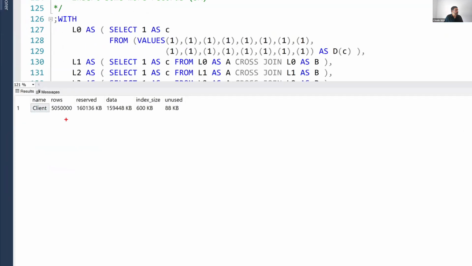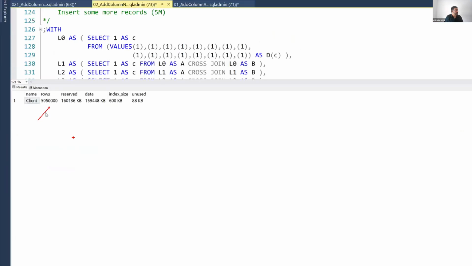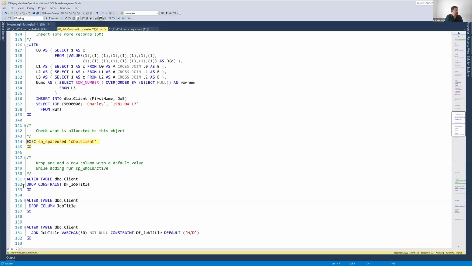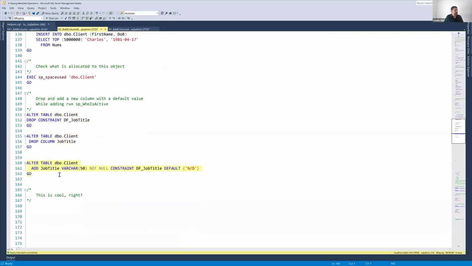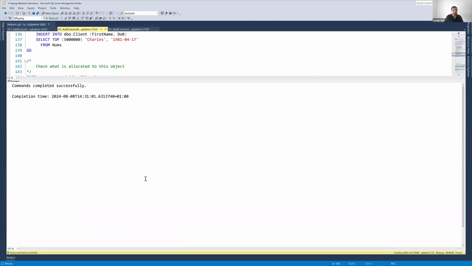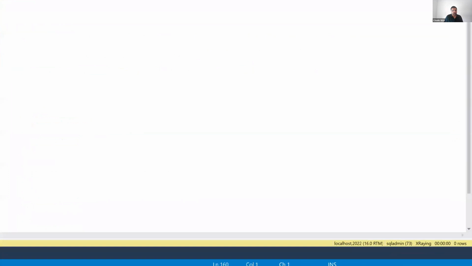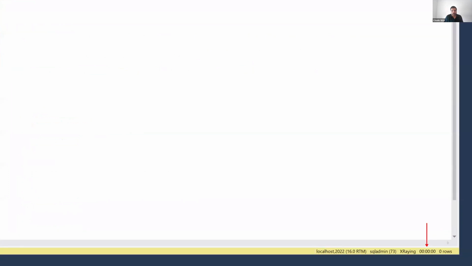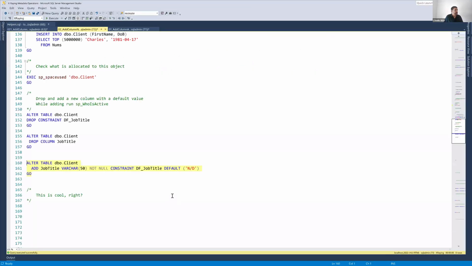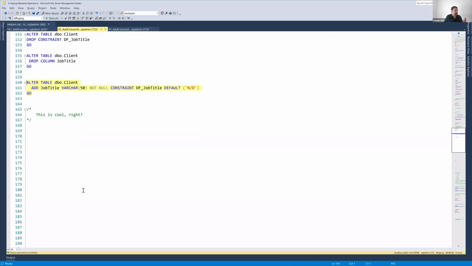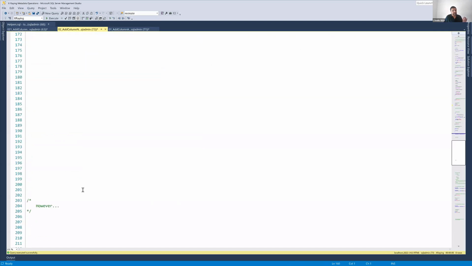So we have here our 5,050,000 records. Let's drop the constraint and drop the column. And now let's add our not null column with the constraint and the default value, and boom, it's done. It took less than 1 second. So this shows it is kind of instantaneous, and this is the metadata operation. However,